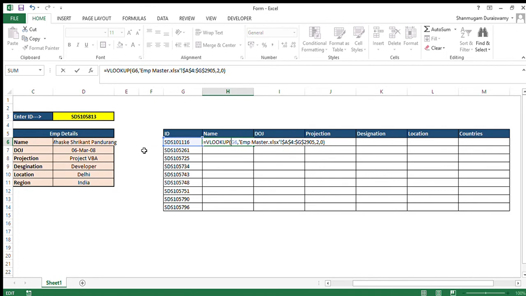Keep the cursor in front of G and press Shift $. So only the G column will be frozen. So when you're dragging this down,